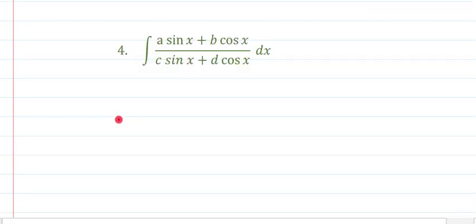So now let us discuss how to calculate the integration of this type of function, the fourth type of function. Here in the numerator as well as in the denominator we are having the terms of sine and cos, but with different coefficients. It is not possible to cancel them simply. So we need to apply just one simple step over here, and after that this question will be very simple. What is that step? Let me write it for you.